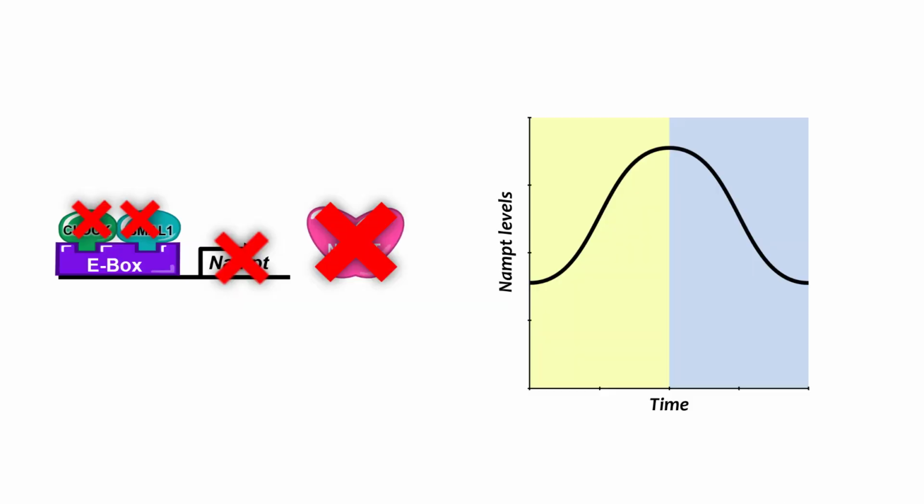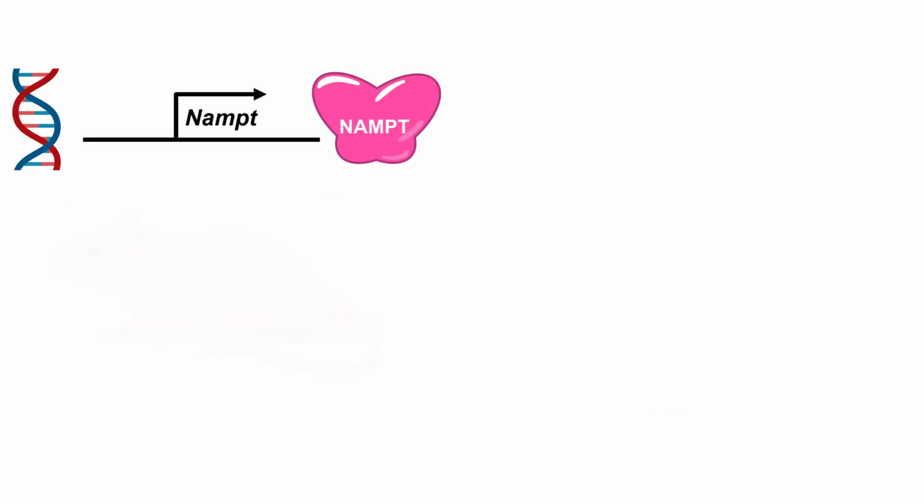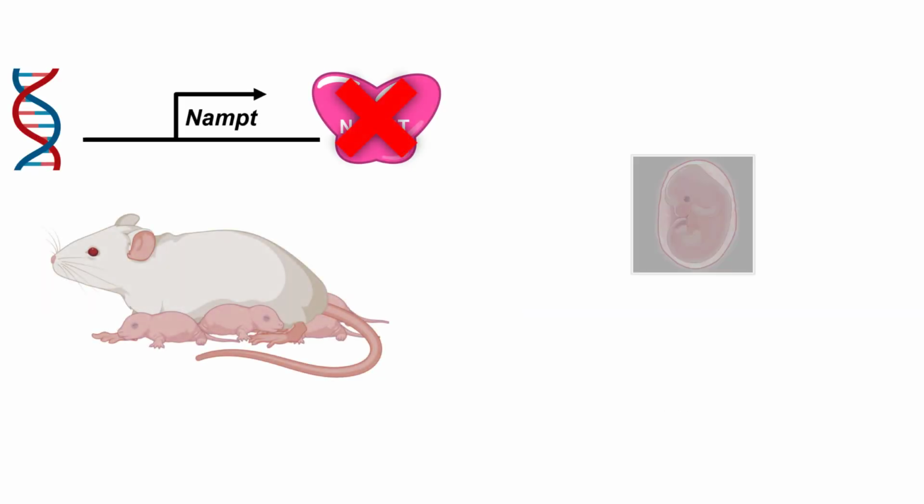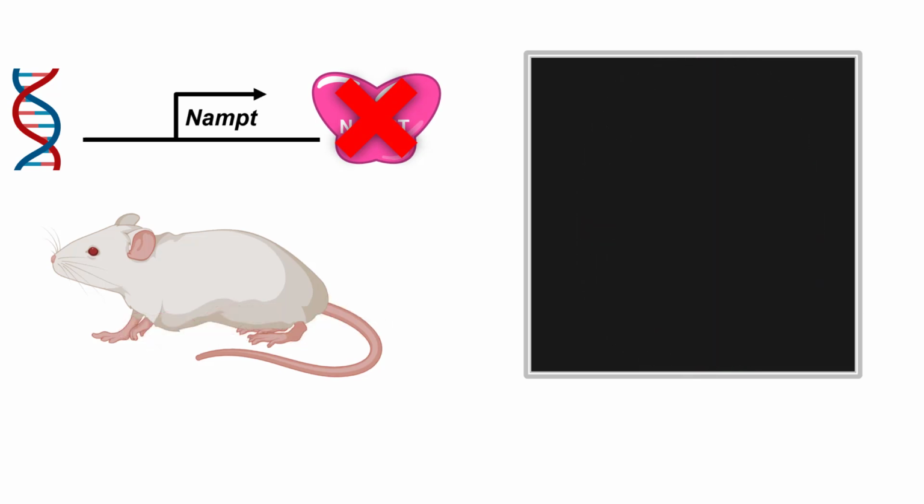As we discussed in our previous video, when the circadian clock is disrupted, NAMPT expression decreases and becomes arrhythmic. What are the consequences of low NAMPT expression? Well, mice with mutations that remove NAMPT entirely are embryonic lethal. This means that NAMPT is so important to survival that the NAMPT knockout animals don't live long enough to be